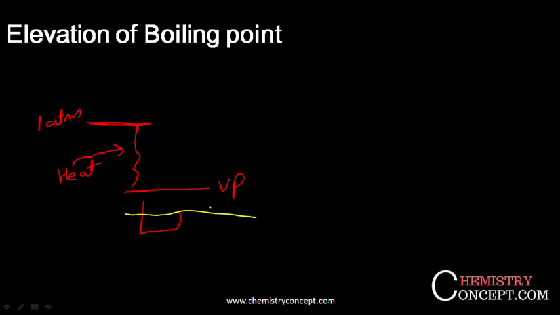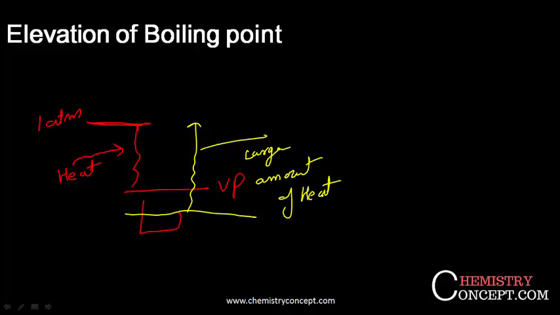Its vapor pressure decreases, and thus now it will require a greater amount of heat for the vapor pressure of the liquid to become equal to atmospheric pressure. Fine. And that's why there is an elevation of boiling point whenever a non-volatile solute is added, and that is given